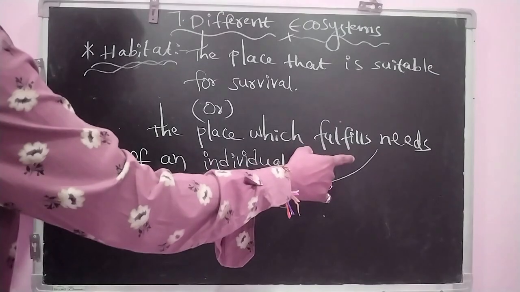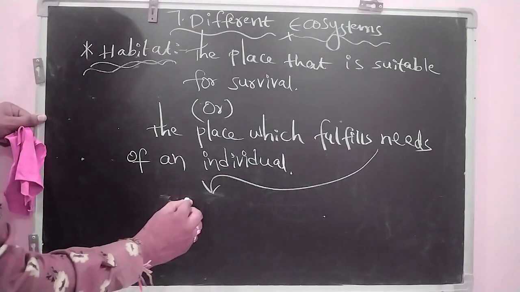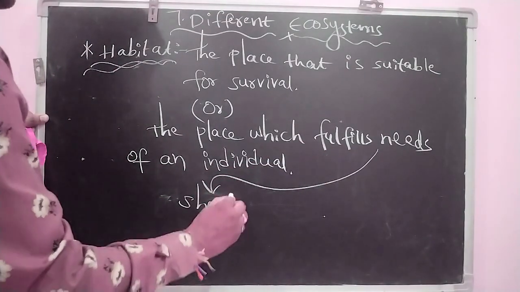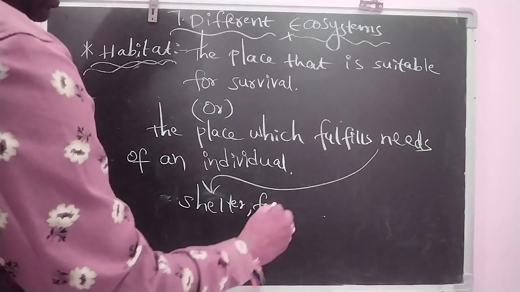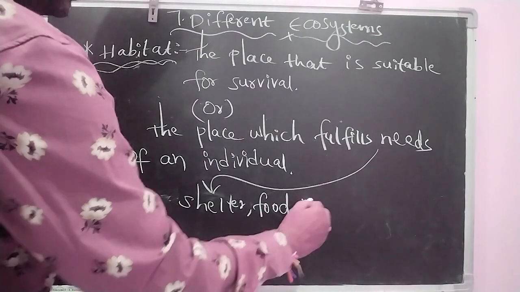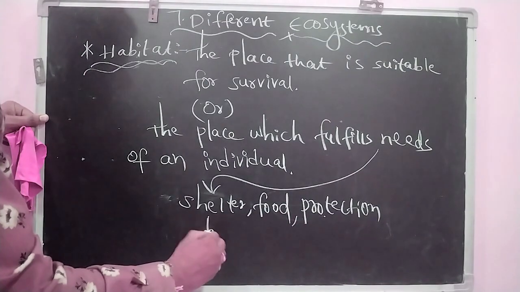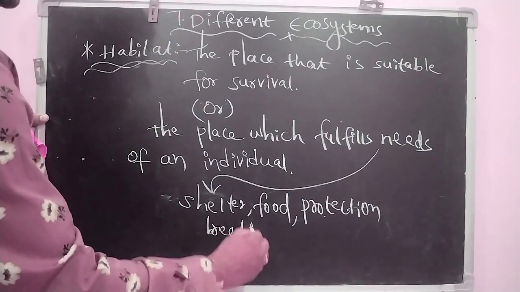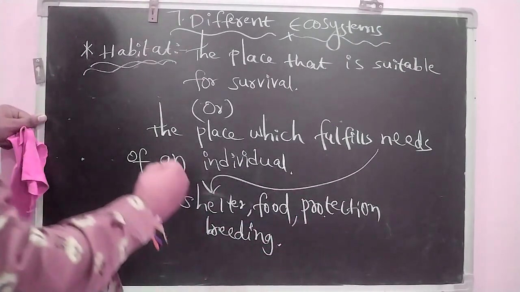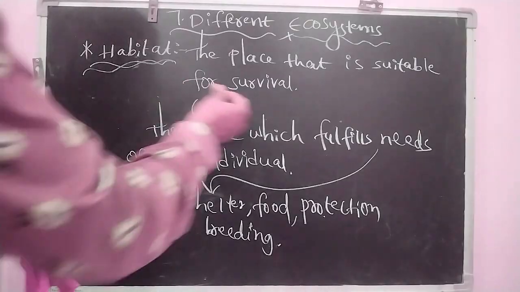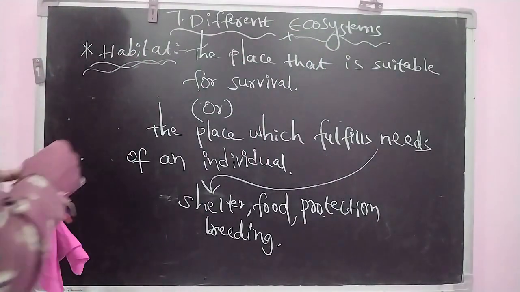Here the needs in the sense shelter, food, protection, breeding, all these comes under needs. Right. What about ecosystem? So